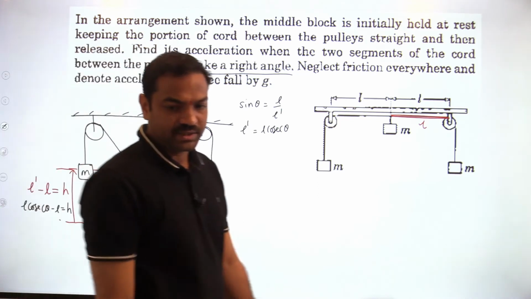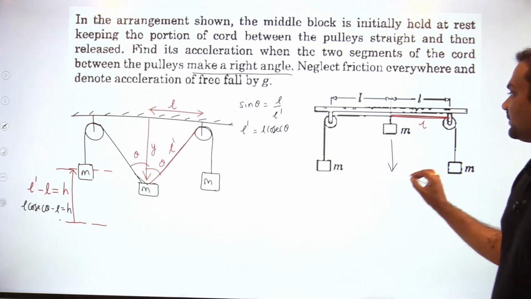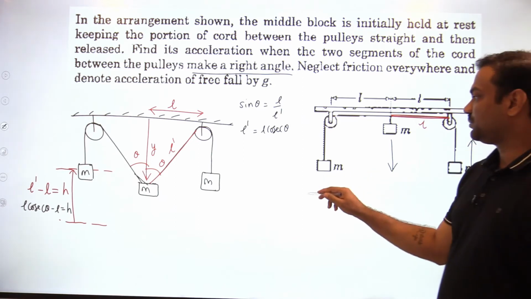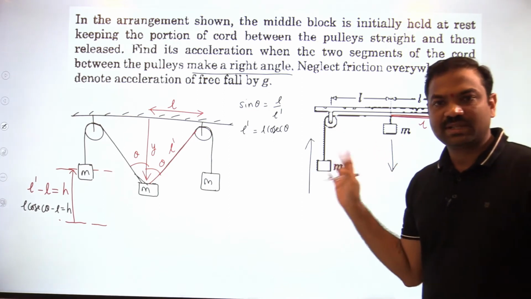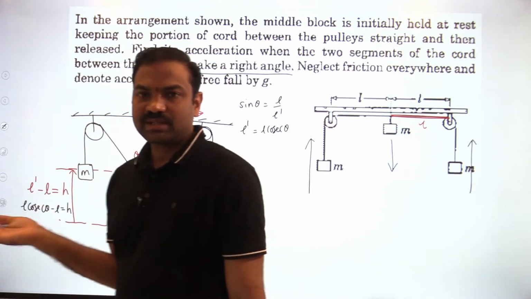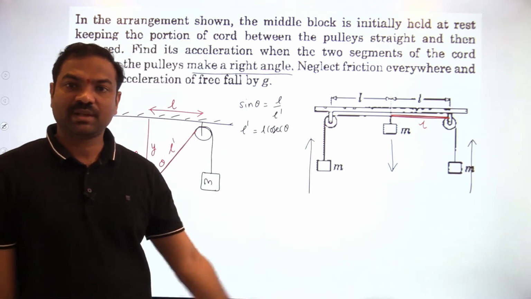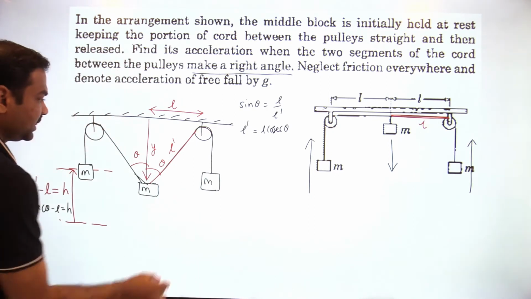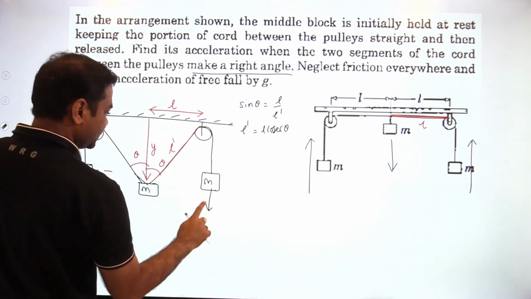So why am I finding the h? Because as it is coming down, what happens to its potential energy? Potential energy decreases. But as they are going up, what happens to potential energy? Increases. Okay? So in the system some potential energy change is there. So obviously as objects are coming down and these objects are going up, potential energy of the system decreases, then kinetic energy of the system will increase.